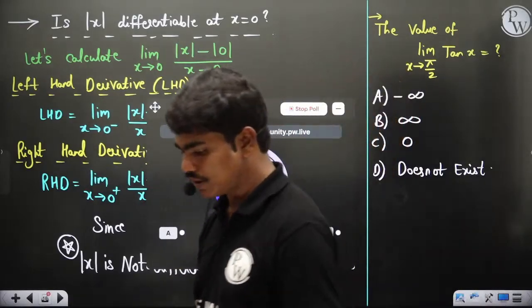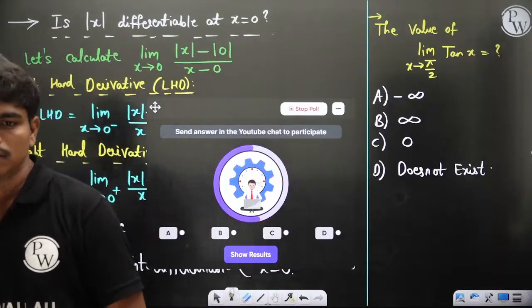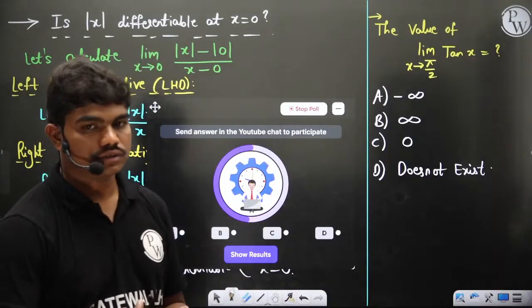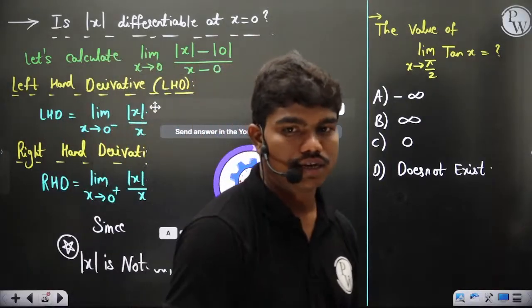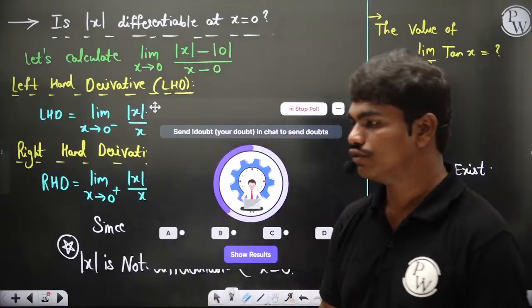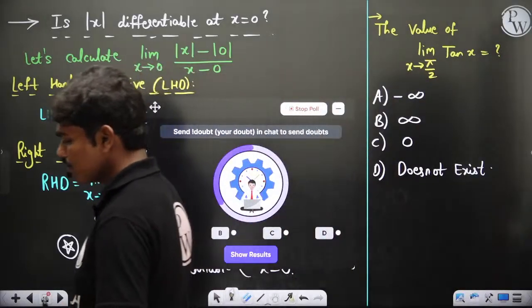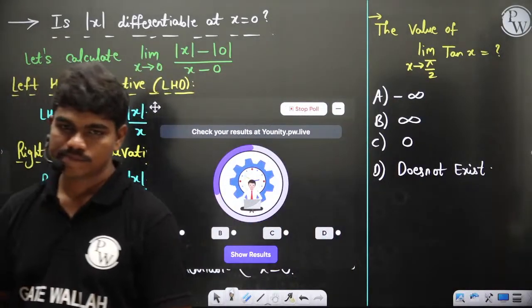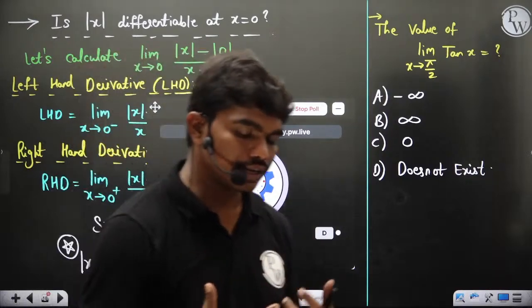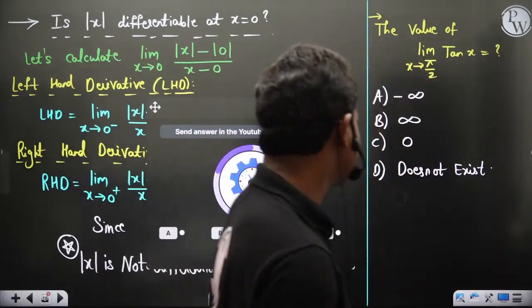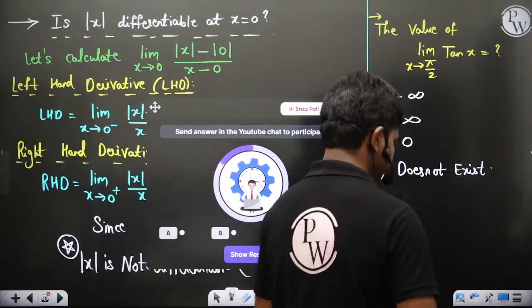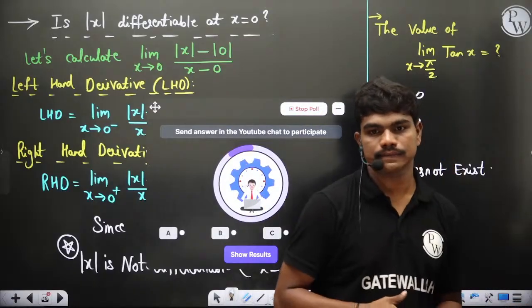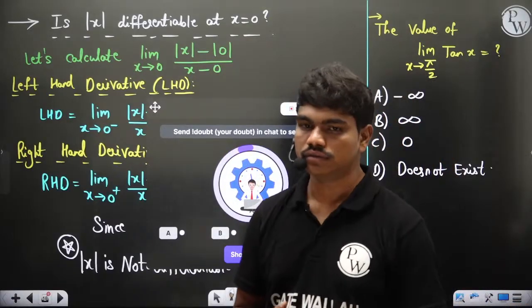Okay, quick, faster, only half an hour left. D, can be B, A, whatever you feel. Come on, time is running up fast. If you feel infinity, you click on A. Okay, poll is live. B, okay, B,